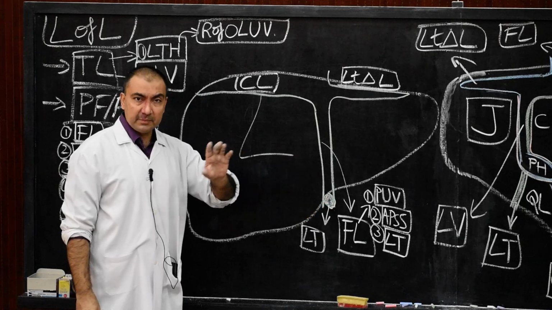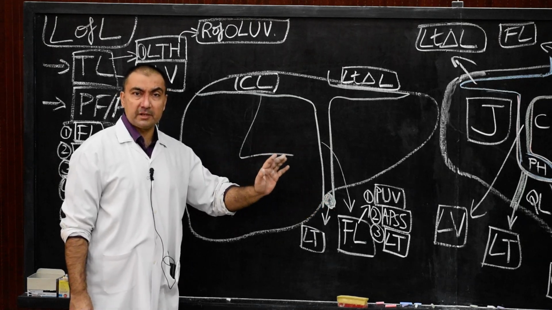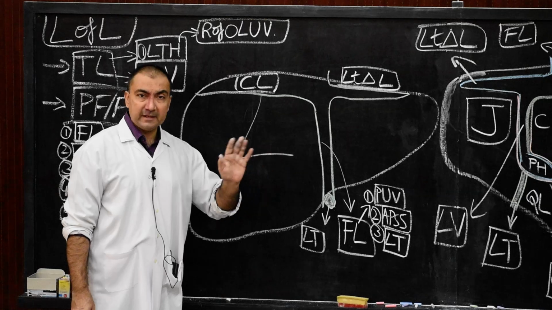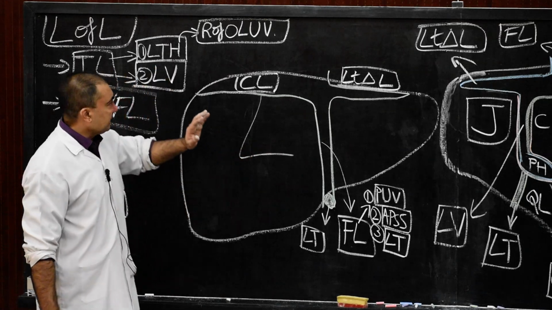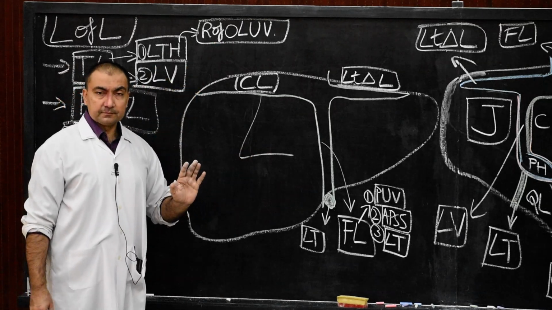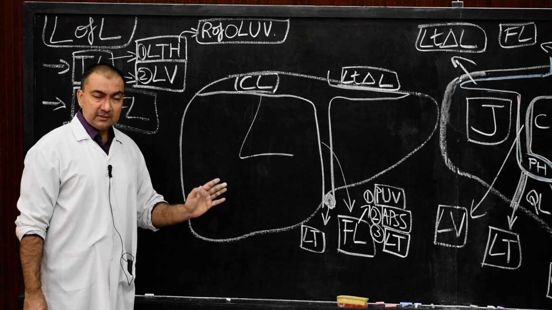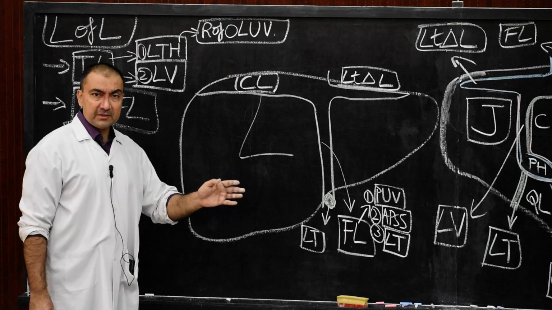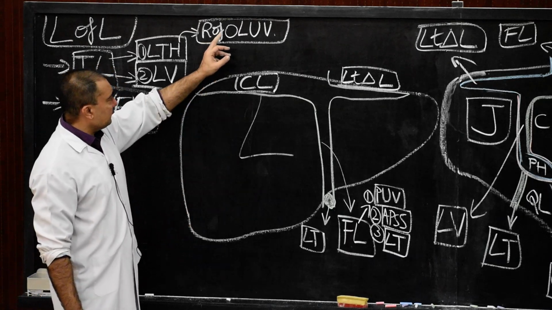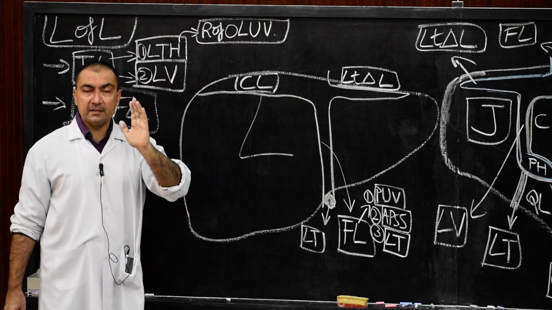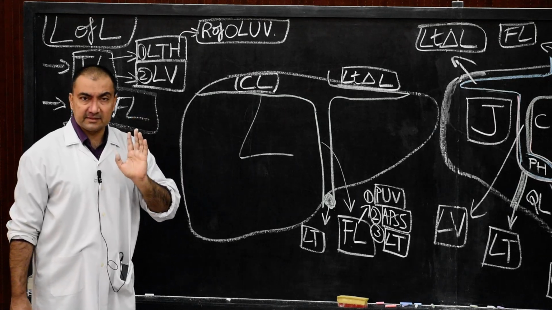It is connecting the umbilicus with the left branch of portal vein, because in the fetal stage it carries pure blood from the placenta to the fetus. So it will connect the umbilicus to the left branch of portal vein, and it is a remnant of obliterated part of left umbilical vein, ligamentum teres.